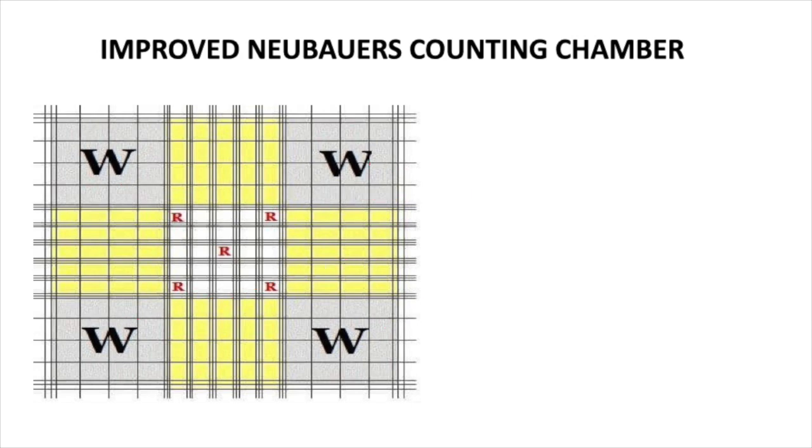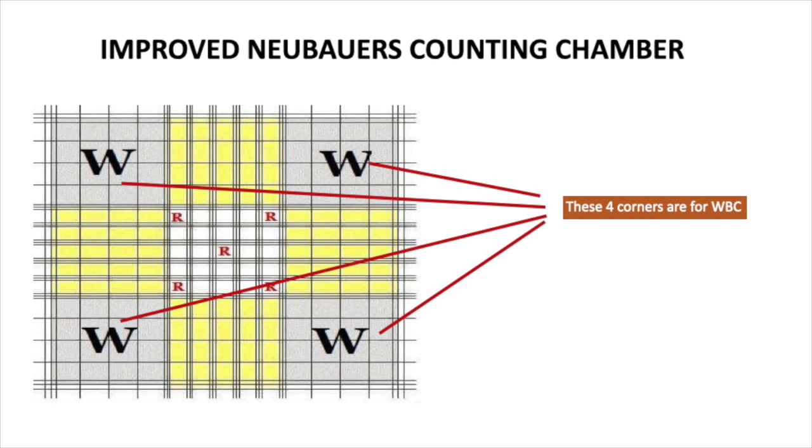The corner 4 grids are for white blood cells, while the center part is for the red blood cells. If you notice, the corner 4 grids are 4 into 4 large squares, while the central RBC grids are divided into 5 into 5 squares. There are 25 squares in the center, which we would learn in the RBC experiment. We are presently concerned with the 4 corner grids, which are for the WBC, and you will count the